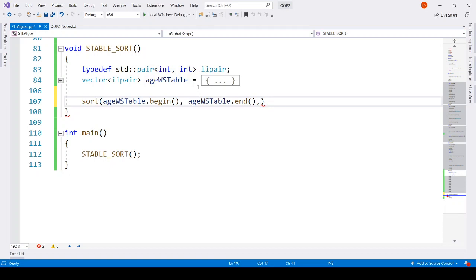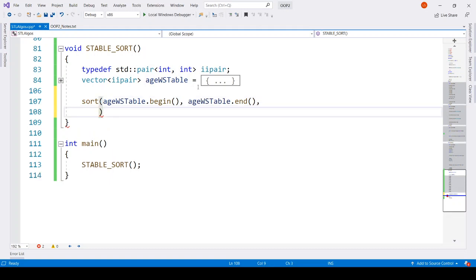Now we want to first sort the collection of pairs by the weekly spend, right? So in the pair, how do you access the first and second element? Using first and second property. So let's write a functor. Now the functor will be used by the sort algorithm, and it will supply two pairs.